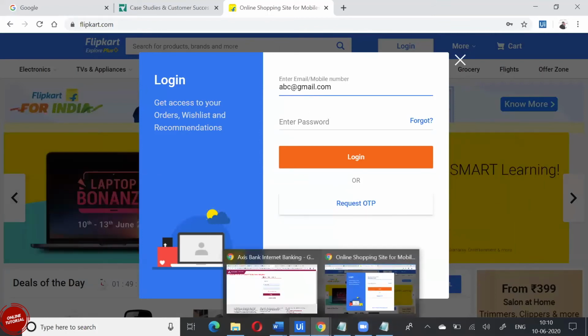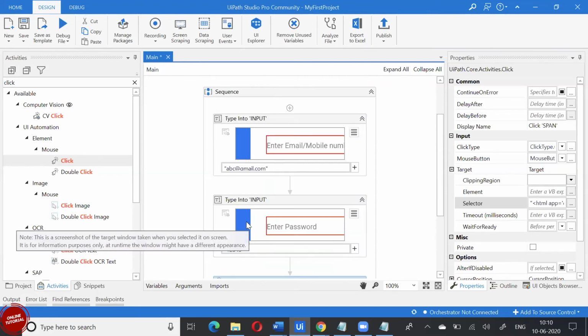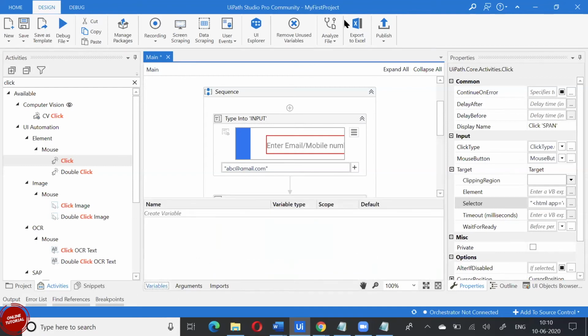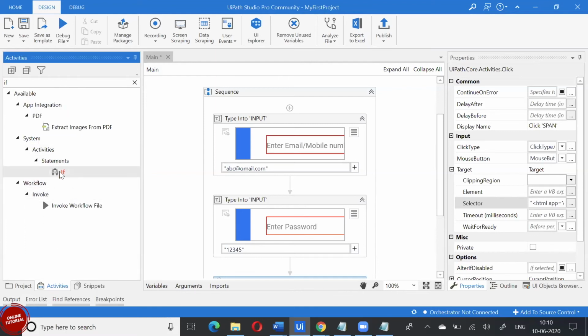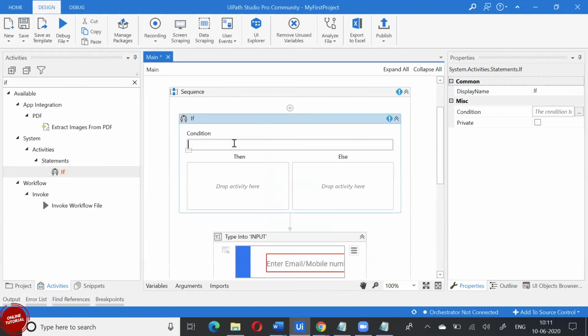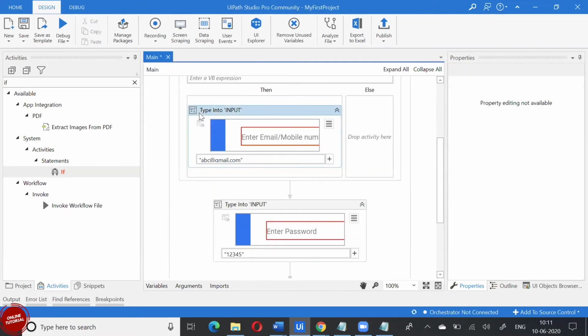As I said, these values will come from somewhere. I don't have to show somebody what my username and password are. I'm going to get that value from somewhere. That is what this variable is. In every software, we store temporary values in variables. I have condition-based decisions also, so I'll use the if condition. I'll say, is my username blank or not? If it is getting a value from the source, then only you are going to type this value. Otherwise, don't even type. You end your process here, because without login you can't proceed further.